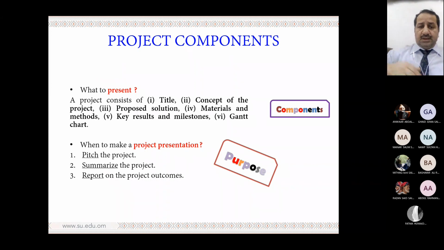Now, a project usually contains a title. You summarize everything in a simple, concentrated statement which represents the title. And the project has a concept, and you propose a solution for a problem statement, and then you use some materials or methods. Could be theoretical methods, could be simulation methods, could be experimental methods, or a mix of these. And then you come up with some results, and then you put your work, your steps in a flowchart, or let me say a Gantt chart schedule to say that I will do this at that time, and so on, until you end with the solution of the project.